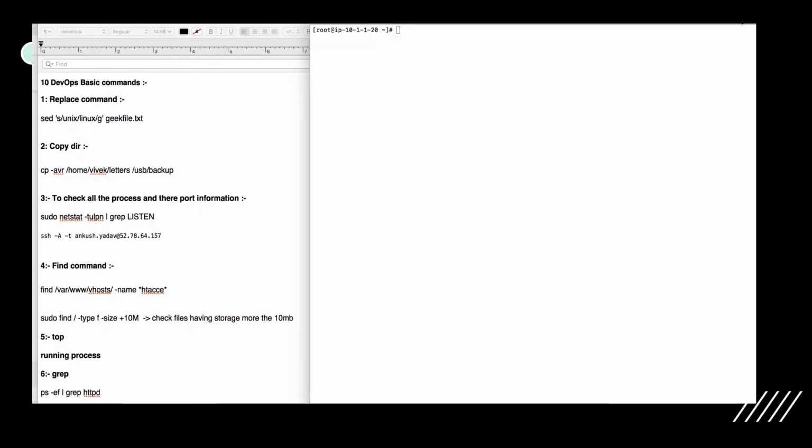We are going to discuss the 10 useful commands that we use in DevOps. So the first command that we are going to discuss is the replace command. Suppose you have a file named file.txt and you want to rename it to file1, then to file2. Suppose what I'll do now,